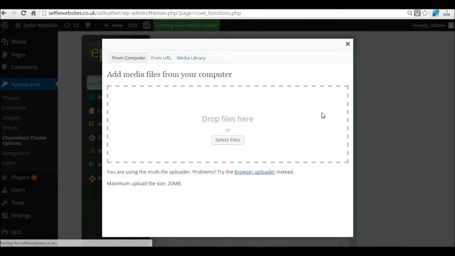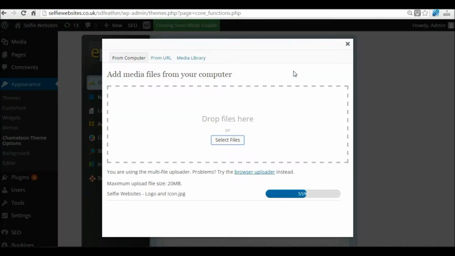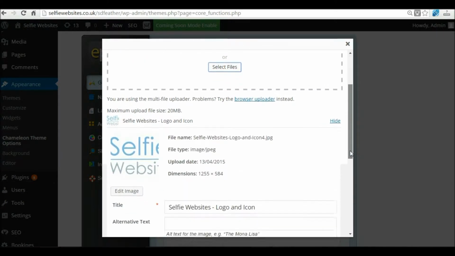an image file. Click the select files button, and that will allow you to browse your computer and find your logo image itself. So we're going to choose this image here of the selfie website's logo. Simply double click that, and that will upload that image file to your computer. And then once it's done that, we can scroll down,